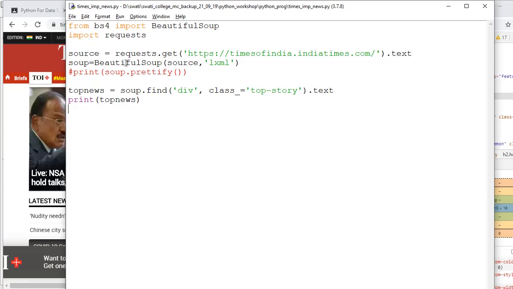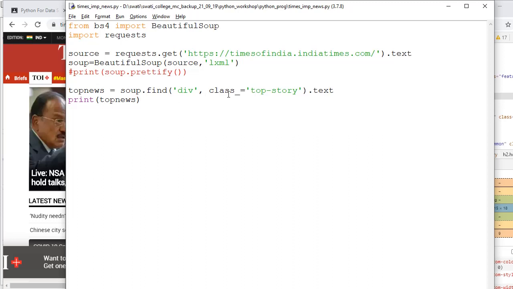Now I'm calling my BeautifulSoup function where I'm passing the HTML and the name of the parser that I want. My soup object would be formed through which I can navigate.